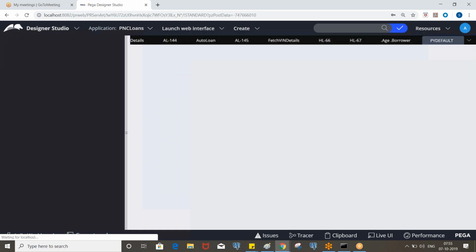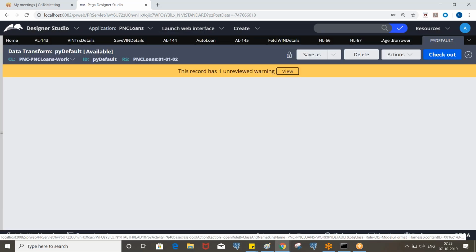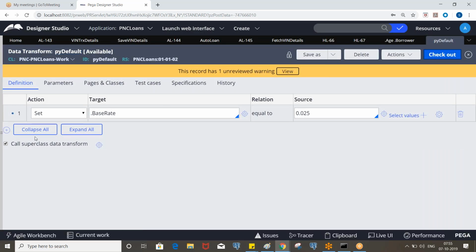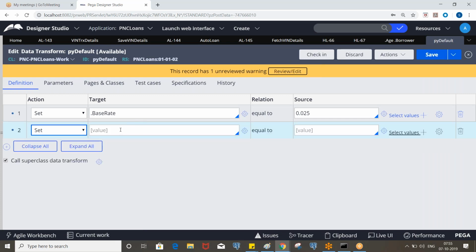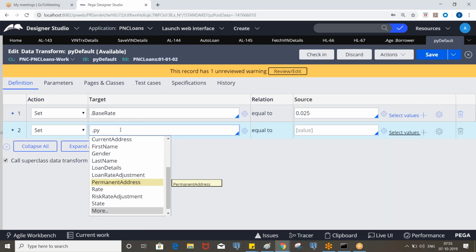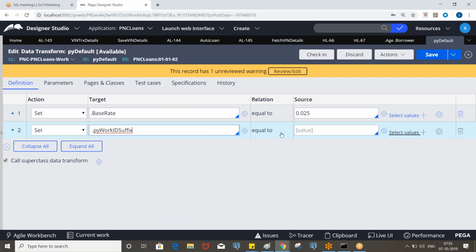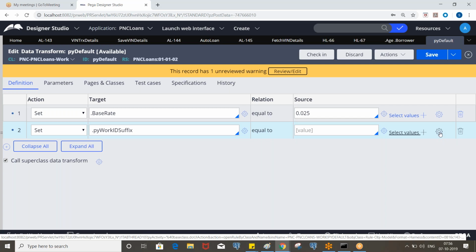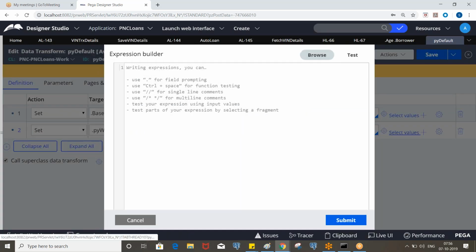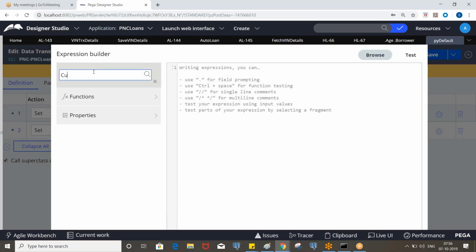So we have a property called PY work ID suffix. Okay. And let's take the current timestamp, current date.